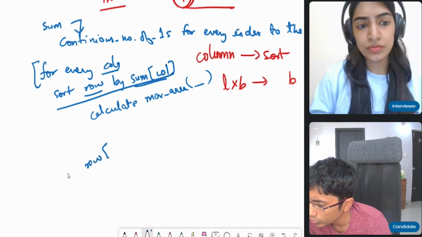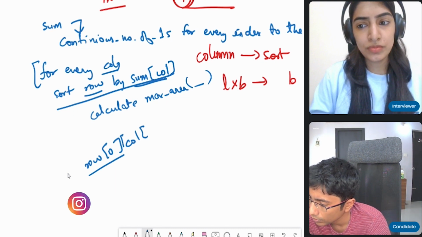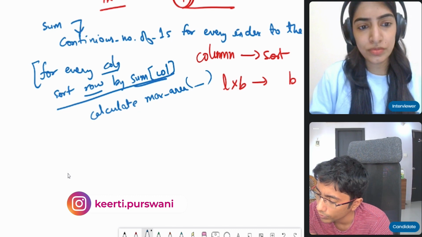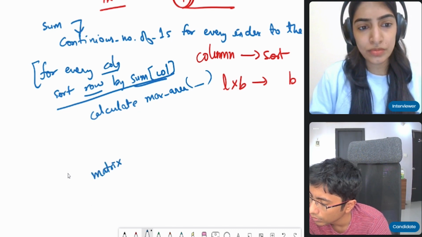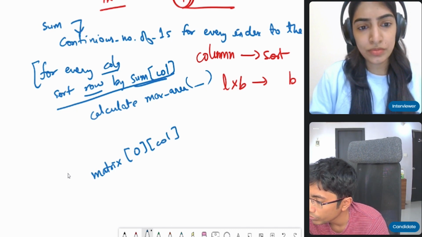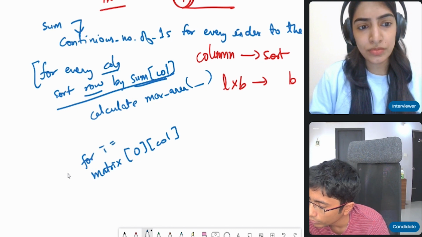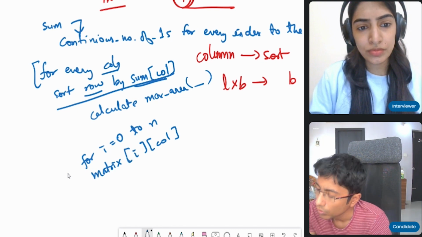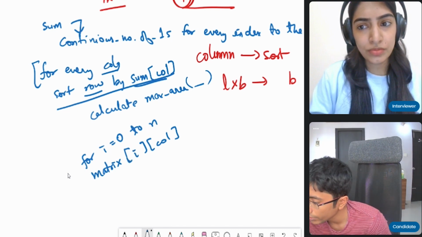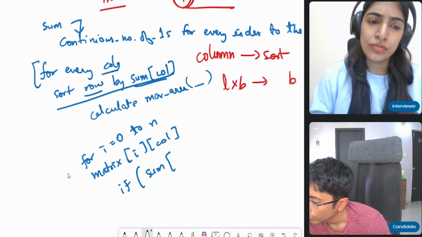So matrix 0th row and column. We need to keep checking i equal to 0 to n, whether the sum for this row and column,